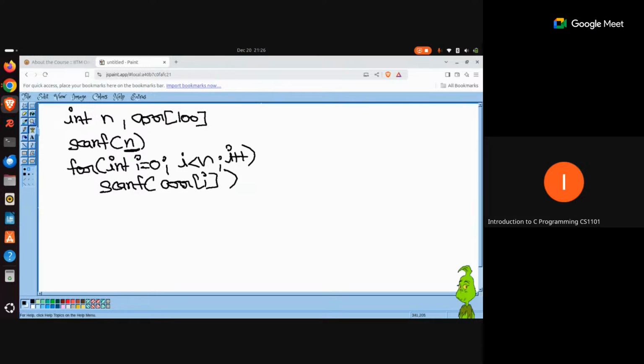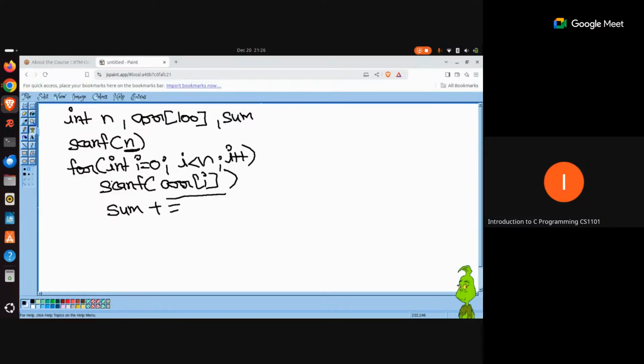Because when the value of i is going to be 0, you are actually putting a value into arr[0]. Next time it will become 1, so you will put a value in a space called arr[1], then arr[2], 3, 4, 5, and so on, right? And as and when you are accepting this input, you can also create one more variable here, say sum. You can keep on adding this new value that the user is entering in this variable, sum plus equals to this, right? So this is how you can solve this problem with a very simple concept called array.